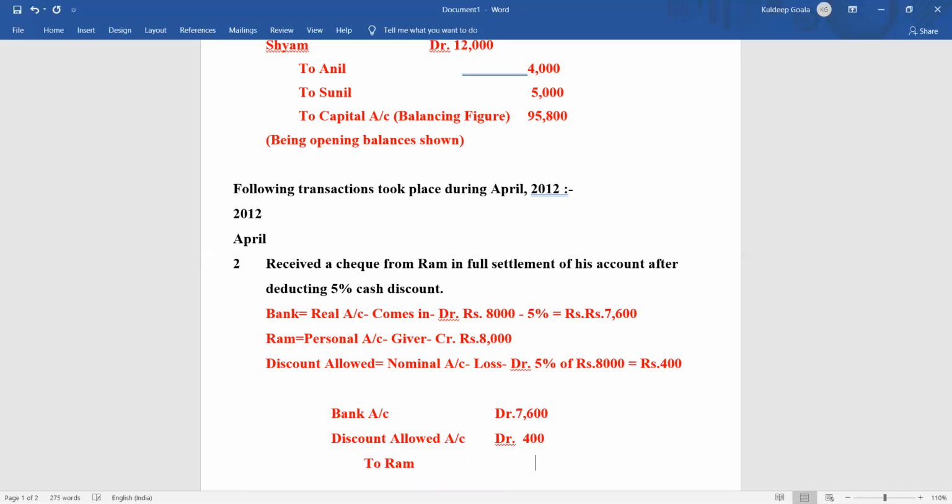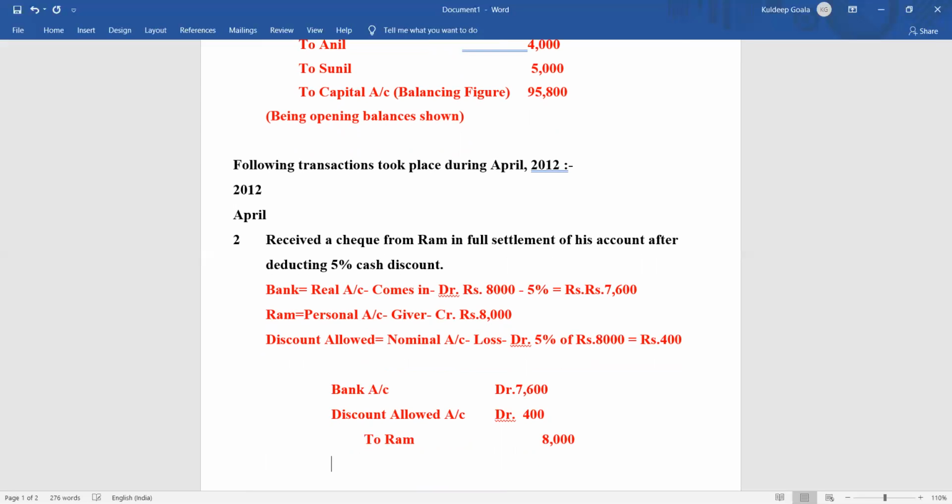Okay, fully settled. So what was the amount? 8,000, right? So you have to relate with the previous entries also. Sometimes you have to relate with the previous entries also. If it is in relation to the previous entry, then only you have to relate, otherwise no need to relate. So here it was in relation because it is told to receive from Ram. So earlier we had seen that we have an account with Ram, right? So that is why he is paying us. So that is why there is a relation, you have to relate.